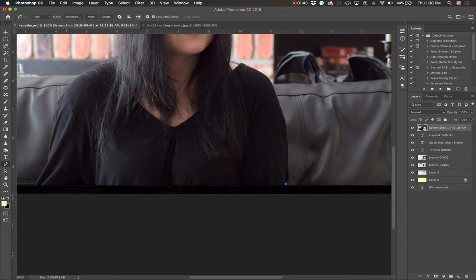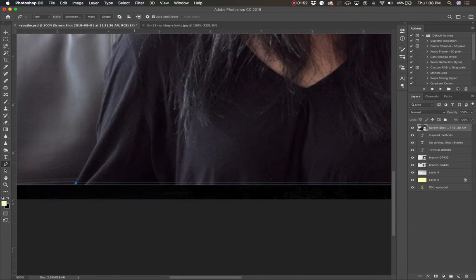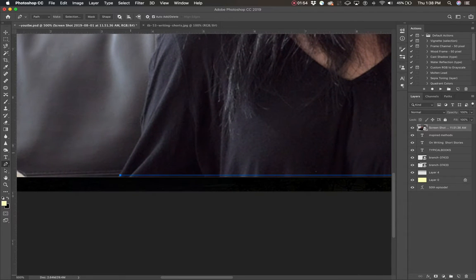If you hold down the shift key, it doesn't matter where you click, it's going to draw a straight line. That is key to having a nice, neat looking finished product. And depending on what magazine or newspaper you're working on, they may require that. So we'll just use the shift key to do the first one. Now on subsequent clicks, what we're going to do is click and drag.